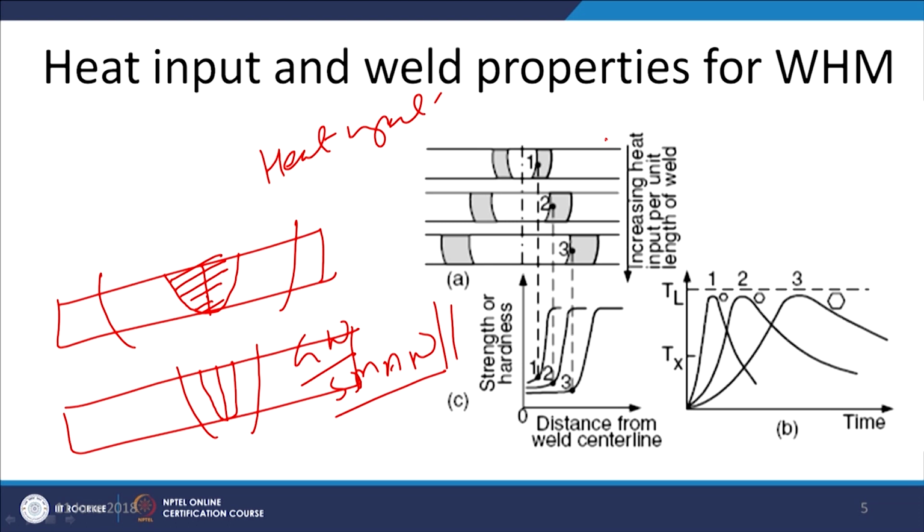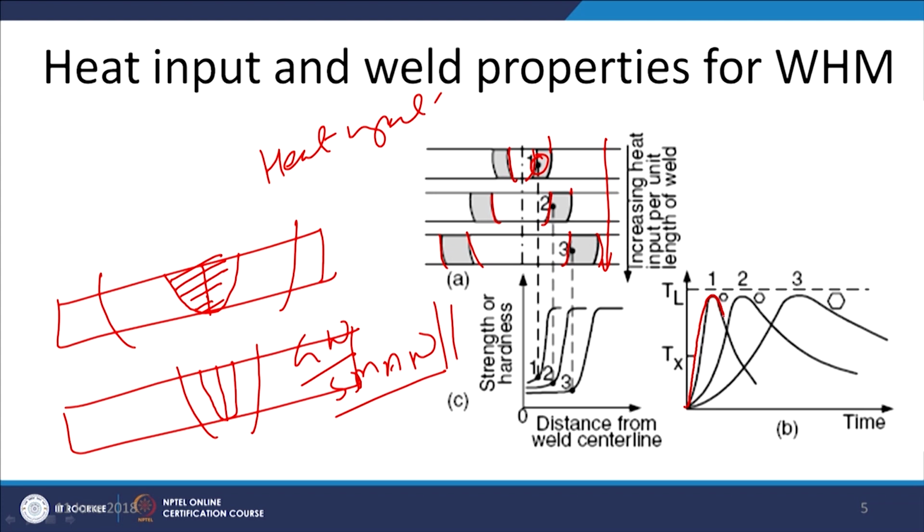These are three plates of the same thickness and same material, subjected to different heat input. With the minimum heat input, the weld zone size is limited and the heat affected zone is limited, then a wider heat affected zone as well as weld metal zone, and further a wider weld metal zone and heat affected zone. And the corresponding variation, if we see in the first case next to the fusion boundary,